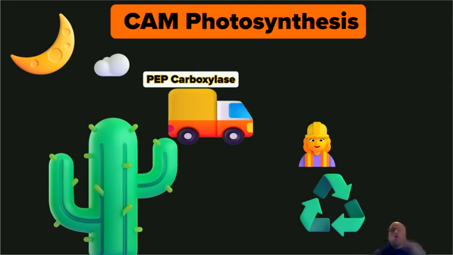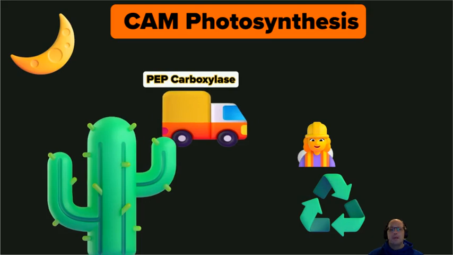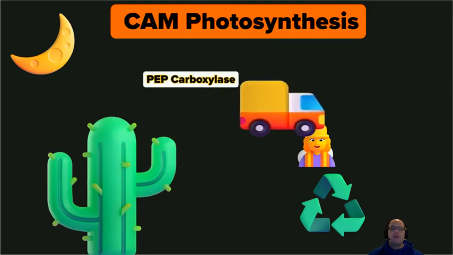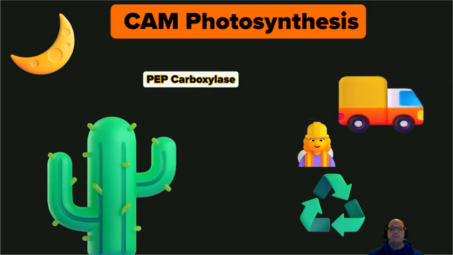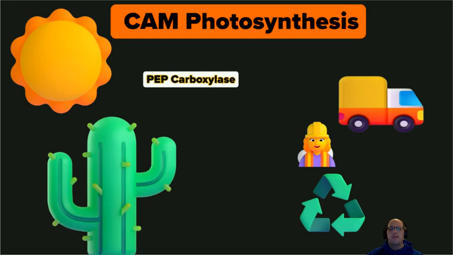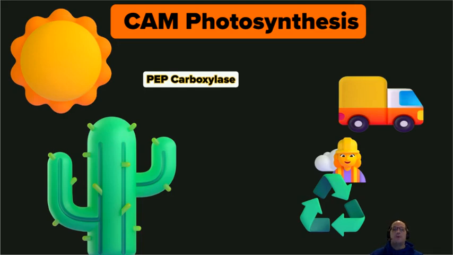And what they're going to do is they're going to open their stomata at night, and they're going to do this carbon fixation phase at night. So they're going to be grabbing carbon dioxide molecules with PEP carboxylase, kind of like C4 photosynthesis, putting them in these C4 carbon trucks, and waiting till the sun comes up, and then they will be offloading those carbon dioxide molecules and delivering them to rubisco,